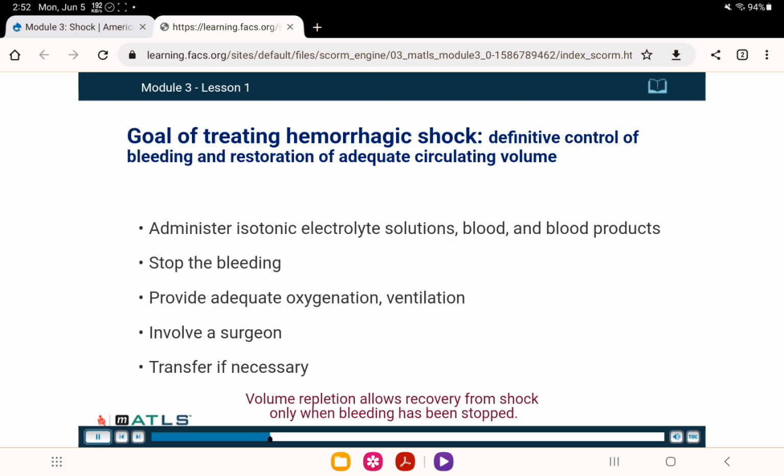The most effective method of restoring adequate cardiac output, end organ perfusion, and